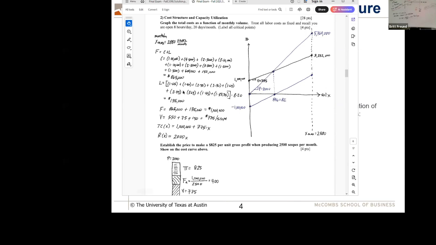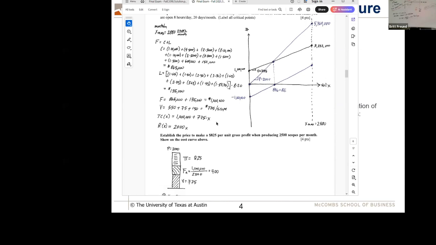Now you've constructed the cost structure. That's a very useful tool. That's not just some kind of arbitrary academic exercise. That tells you what your months look like. And any given month, you tell me your volume and I'll tell you how much money you made. And if you in any given month hit exactly what you thought, 2,500, I can tell you what that is. I can find out this point right here. That EBIT right there is the same as that difference right there. It's equal to minus 1 million plus 1,275 times 2,500. But remember, we got it by setting our price such that we made $825 a piece if we sold 2,500.